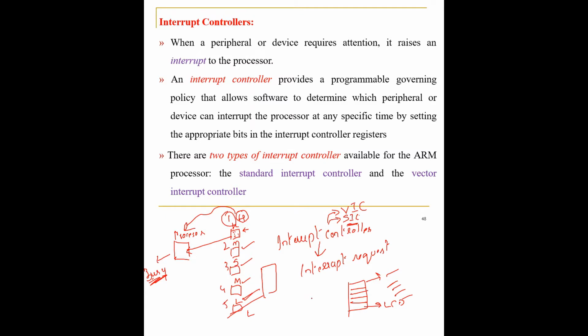This is something like this: you are sitting in a room and studying. Suddenly a friend of yours comes to your room and says, let's go out, have a coffee or tea and come back. A person coming to your room and requesting you to have a coffee or tea, that is your interrupt request. What you can do is accept his request or deny his request. So you are the processor here. You can mask his request or accept it, service his request or deny it. That is what the interrupt controller does.